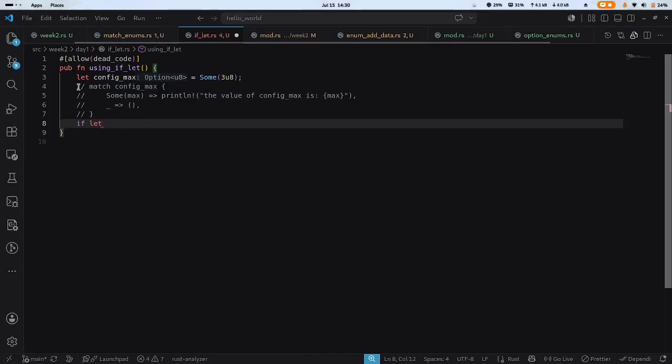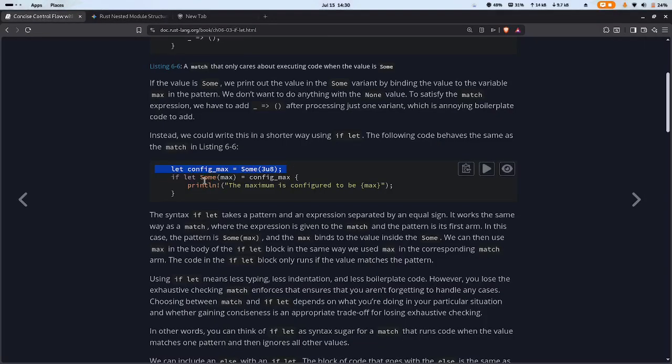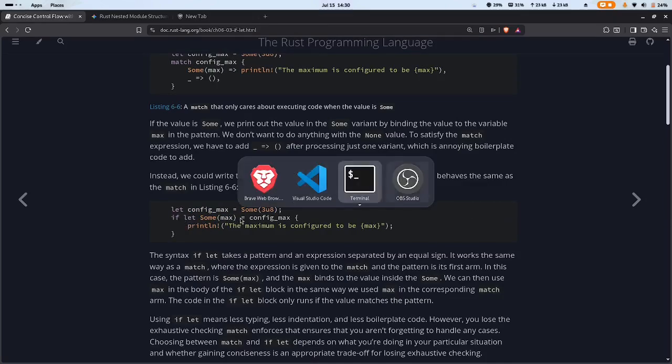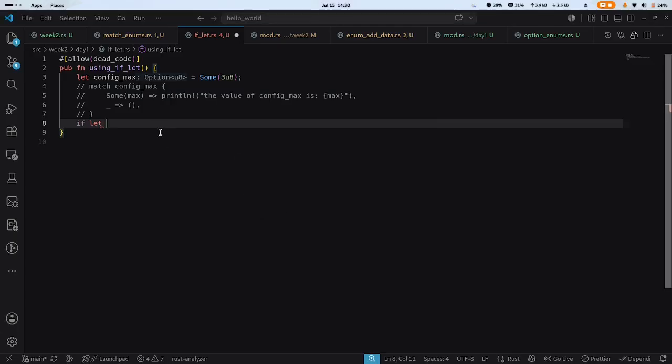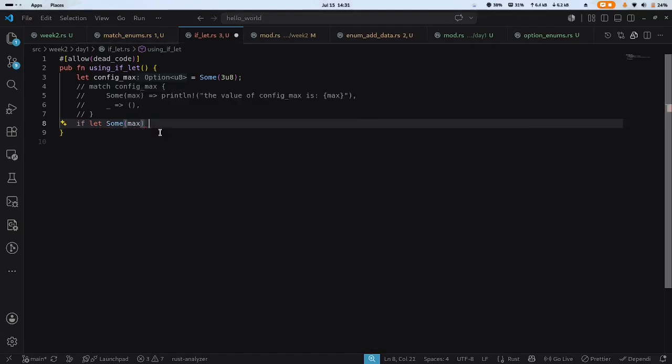So if let the configuration max. No, sorry about that. I don't know how to use the if let, so let's check it. If let the variable Some of this variable, the configuration max. Yeah, so this is how I use it. I hope I won't forget. I've forgotten it already and I've just seen it. Okay, if let a Some variable, we can say any value like maximum,